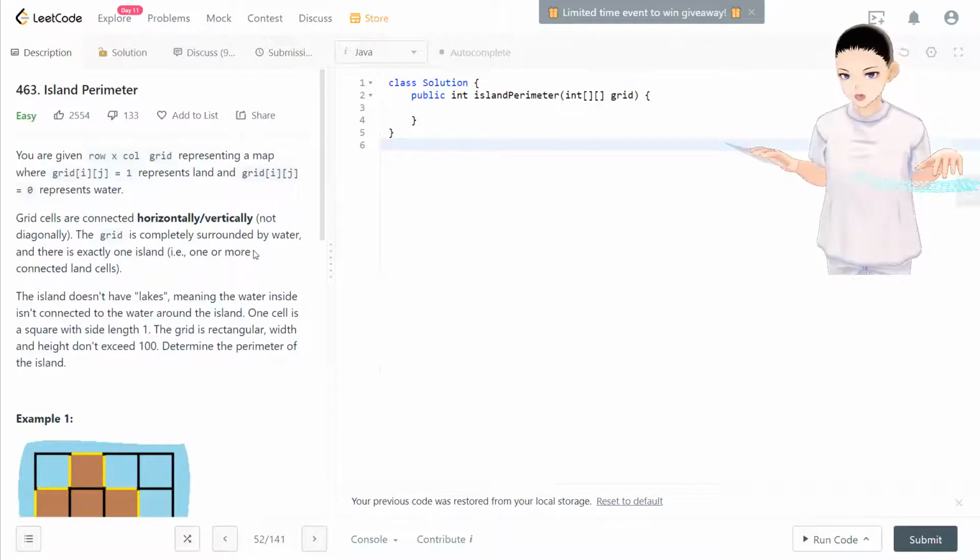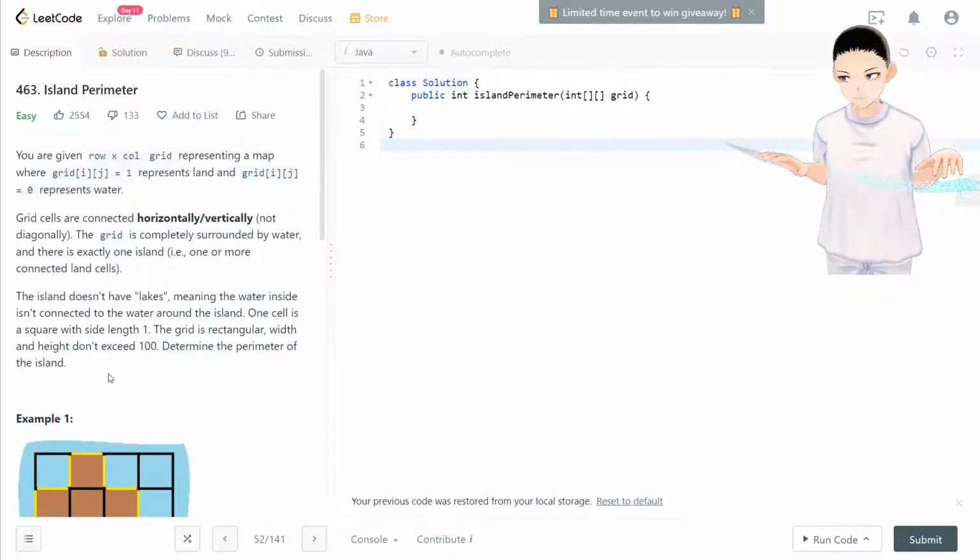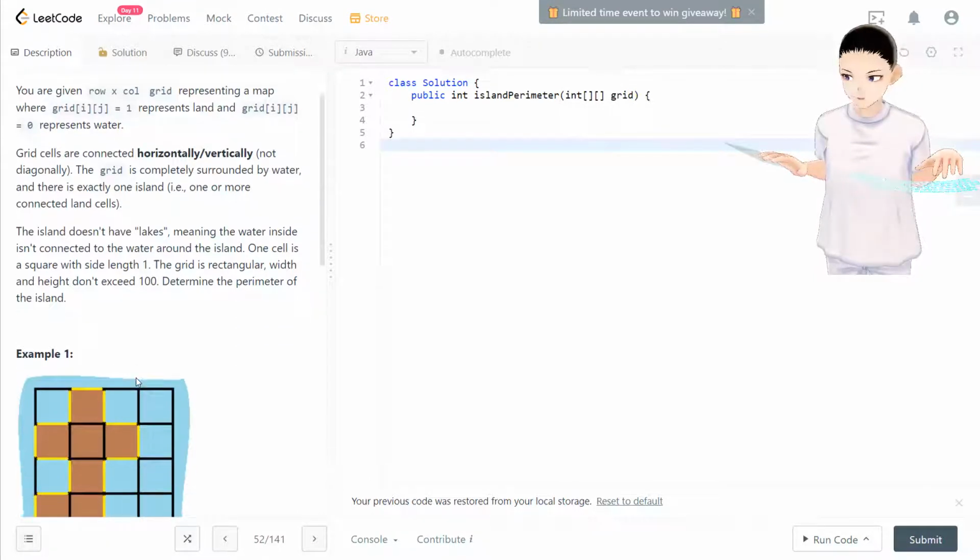Today we have Leetcode 463 Island Perimeter. So you can see this is a description right here. I assume you saw it before seeing this video. So in summary, the idea of this question can be